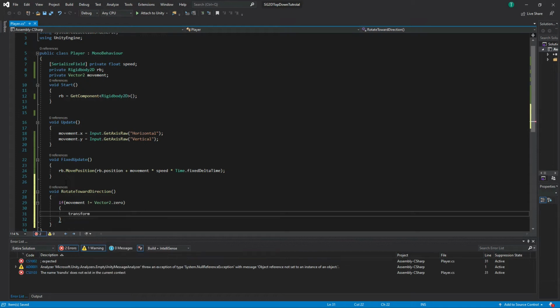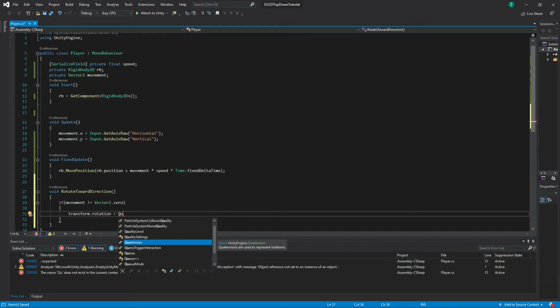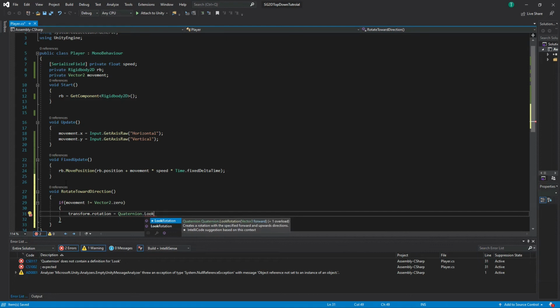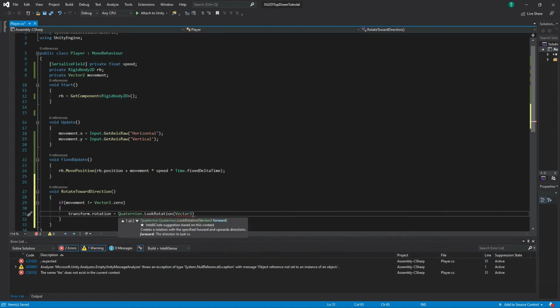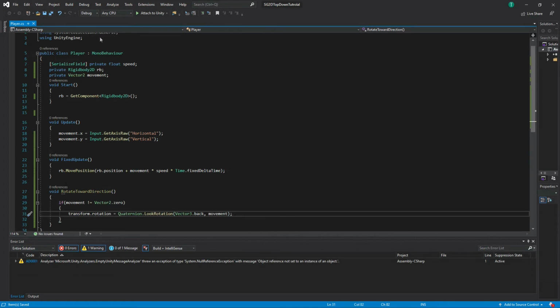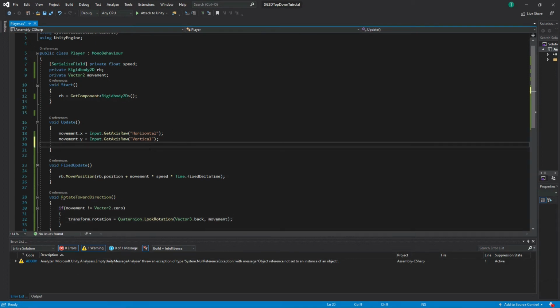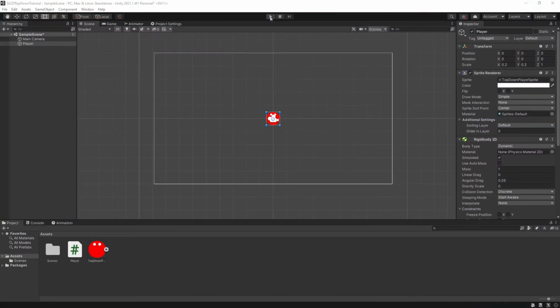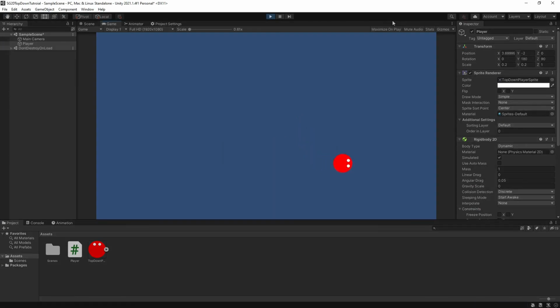In this new if statement, type transform.rotation = Quaternion.LookRotation(Vector3.back, movement). This will be the code which will rotate our player. Make sure to call this new function in the Update function. Save the script and head back into Unity. Once back in Unity, hit play and our player character should now rotate to face the direction they are moving